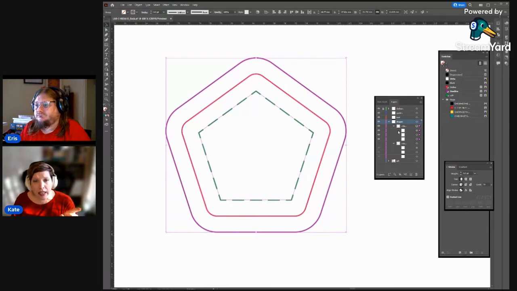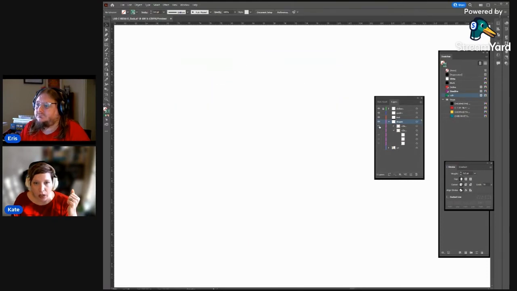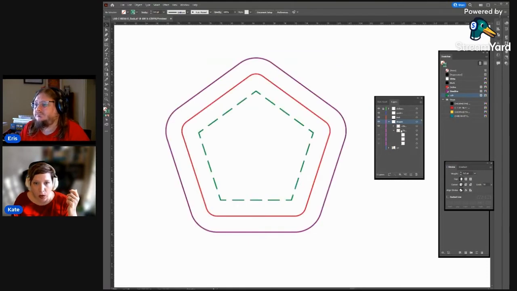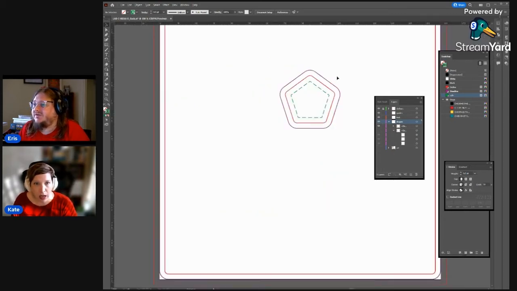So the next thing I need to do is ensure that all of those layers are grouped together, because I'm going to be moving them around together. Here, they happen to be all in a group together. You can see this little group here. I can turn them on and off. And that's what I want. The next thing that I want to do is to zoom out.